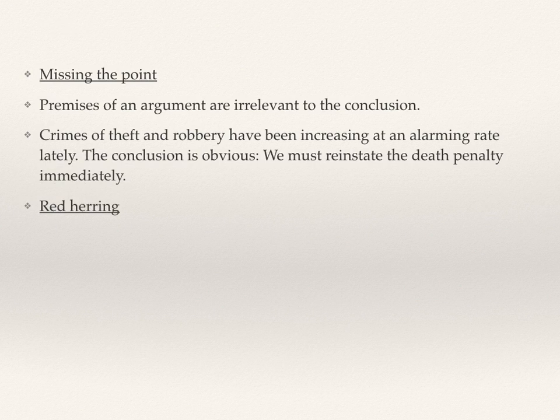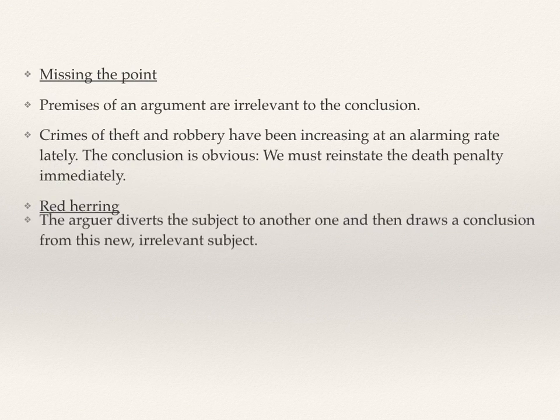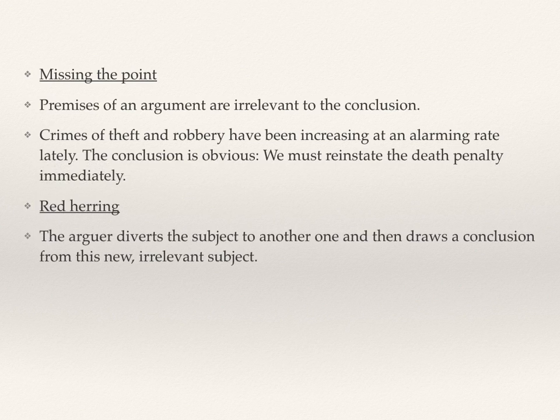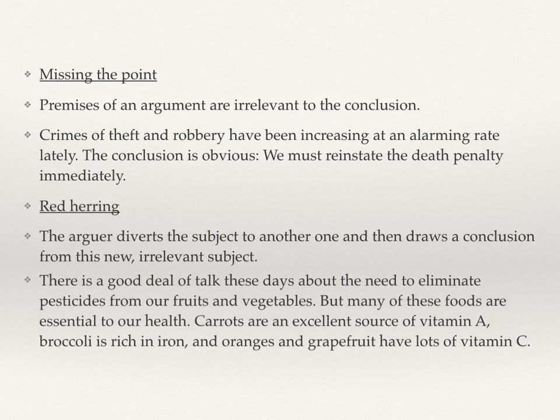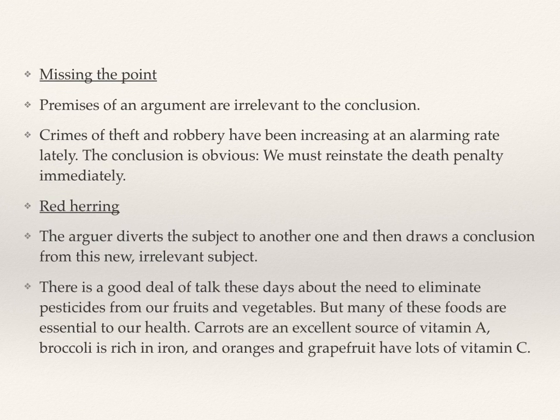The red herring argument. The red herring argument is a case where the arguer diverts the subject to another one and then draws a conclusion from this new irrelevant subject. So for example, there is a good deal of talk these days about the need to eliminate pesticides from our fruits and vegetables. So if one is going to address that argument about eliminating pesticides, then one would need to look at the reasons for or against eliminating pesticides. But this argument goes on and says, but many of these foods are essential to our health. Carrots are an excellent source of vitamin A, broccoli is rich in iron, and oranges and grapefruit have lots of